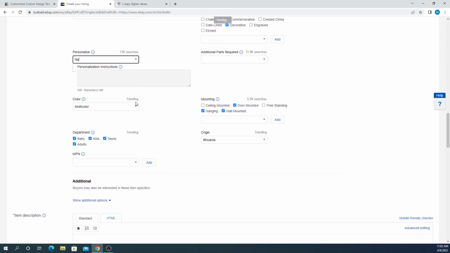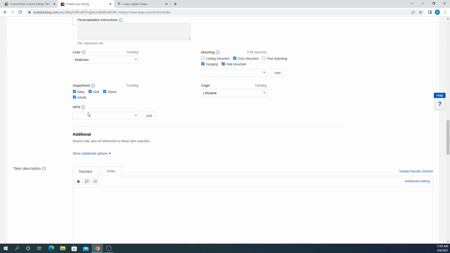Now it's very important that you fill in the origin of your item, because buyers love to see where your item is from. So if it's from China, you fill in China. If it's made in Lithuania, as in my case, I fill in Lithuania. Now the last part is MPN, which may not be displayed in other categories, but in this case it is